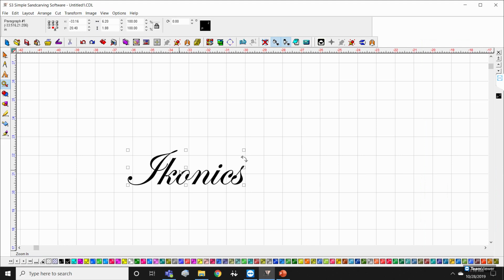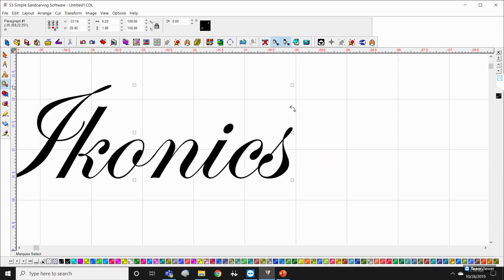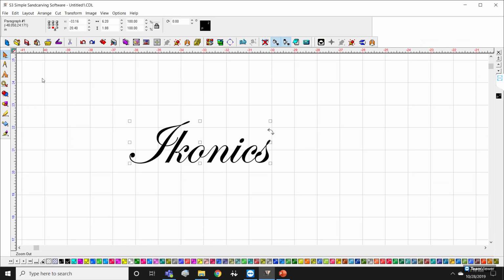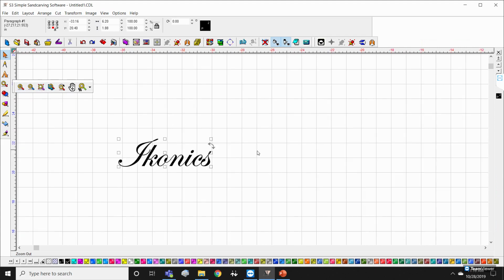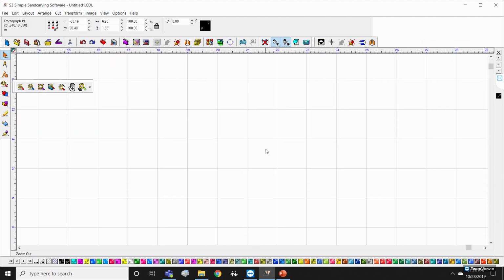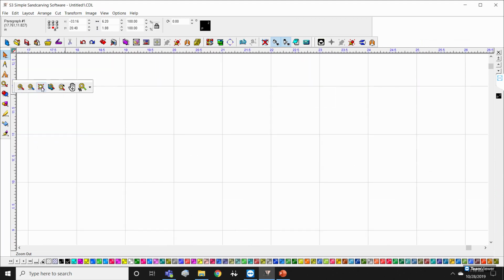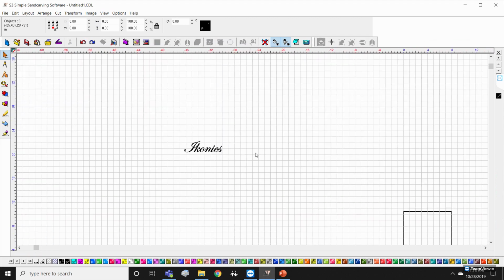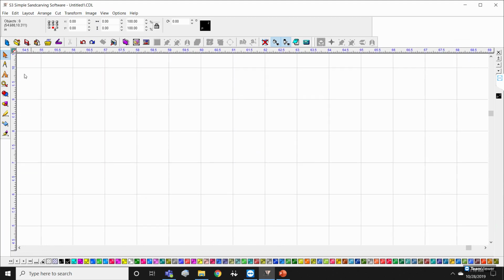Really simple magnification tools. Zoom in. All you have to do is just choose the zoom tool, highlight the area you want to zoom into. Plain and simple. You can zoom out just by pushing the zoom out button. You can zoom to the selected object. So if you're way off over here and you want to get back to what you were working on and you know it's selected, you can click to the object. If for some reason you're way over here and it's not selected,